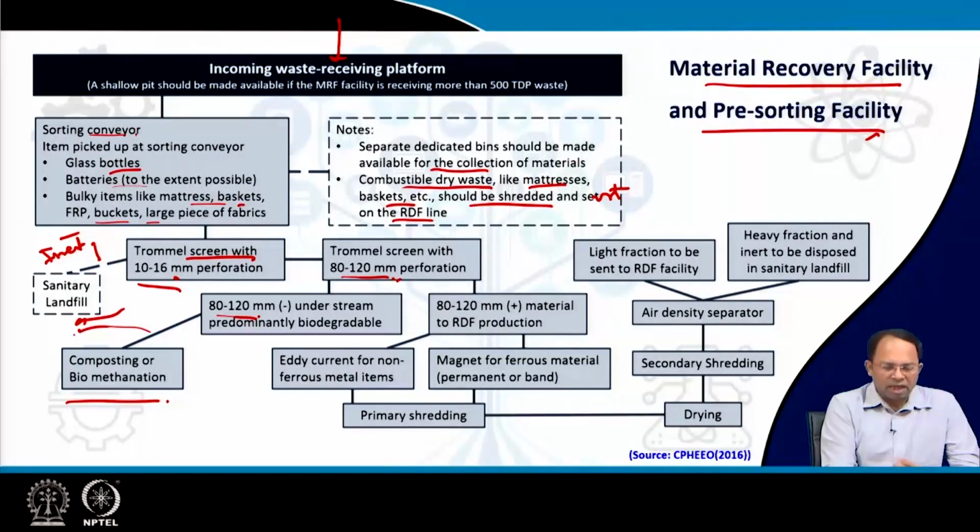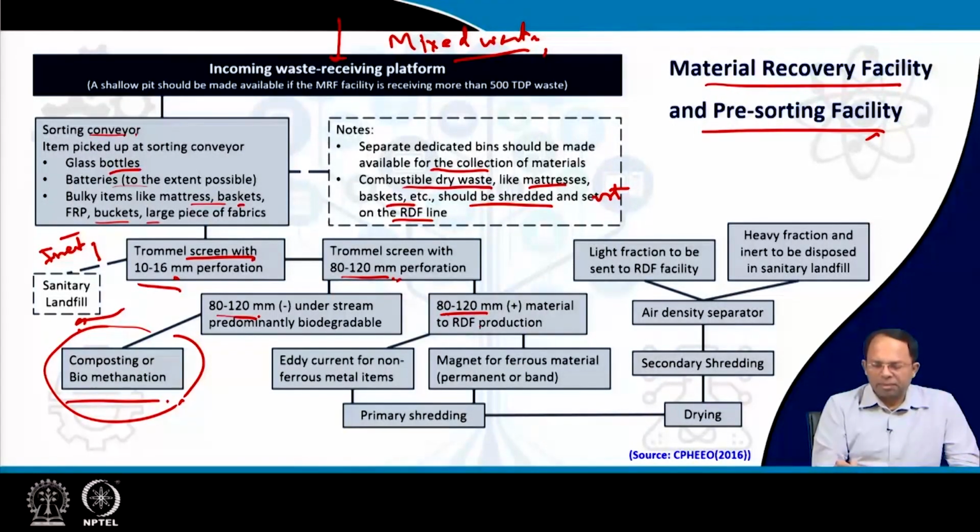So this is organic waste, right? Of course there is organic waste mixed in the stream. If it is already dry waste, then there would not be any organic waste. Whatever material is above, so this is for mixed waste, right? So this entire thing is for mixed waste. So whatever remains, 80 to 120 millimeter plus size material, so we can understand this would be larger size material,